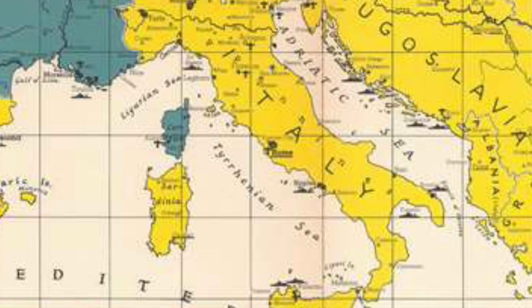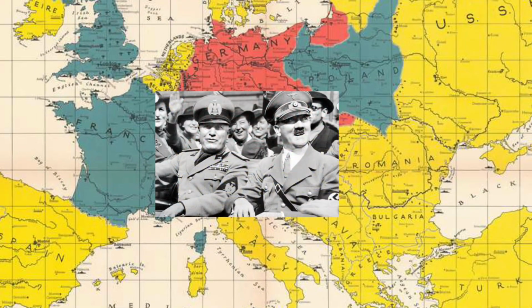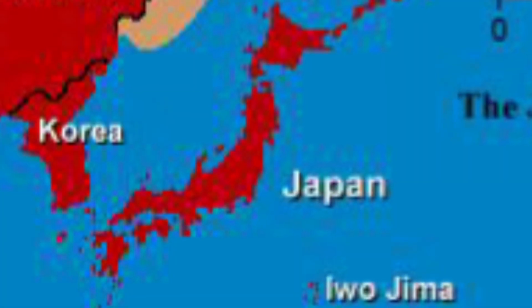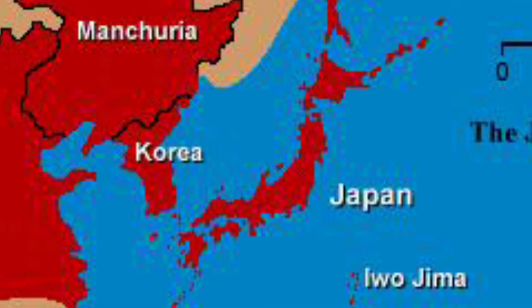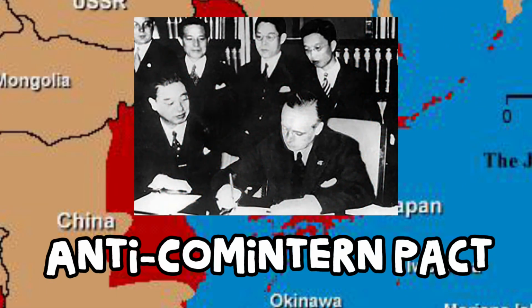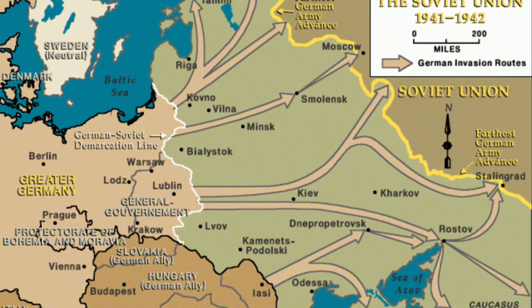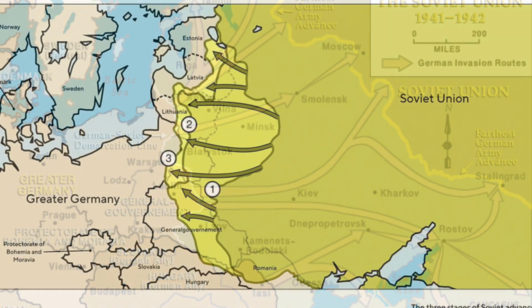Italy, led by Benito Mussolini, was seeking glory and looked to expand their empire. They decided to join Germany in their invasion of Europe. On the other side of the world, Japan, which had extended its land before World War II and the invasion of China, decided to create a pact with Germany and Italy in 1940. This created the full Axis powers. In 1941, Germany broke its non-aggression pact with the Soviet Union and decided to invade them. This decision would have consequences in the future.